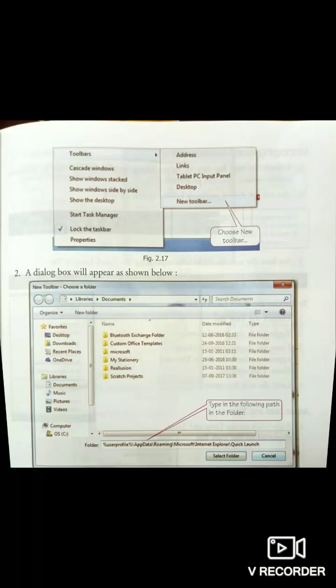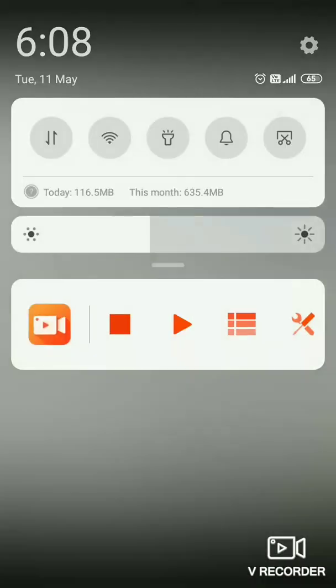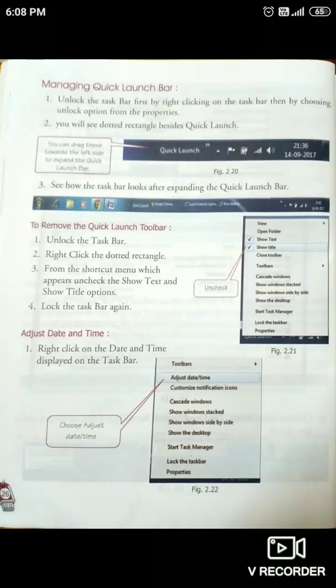After that, you have to click on Select Folder. The quick launch bar will get added to the taskbar as we can see now. Finally, the quick launch bar has been added to the taskbar.